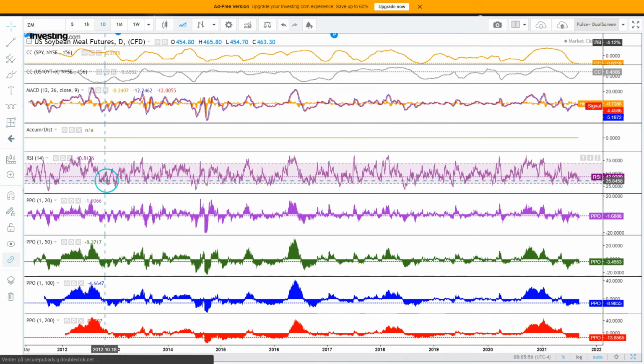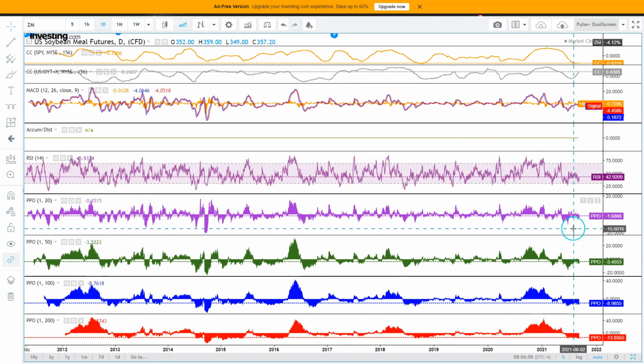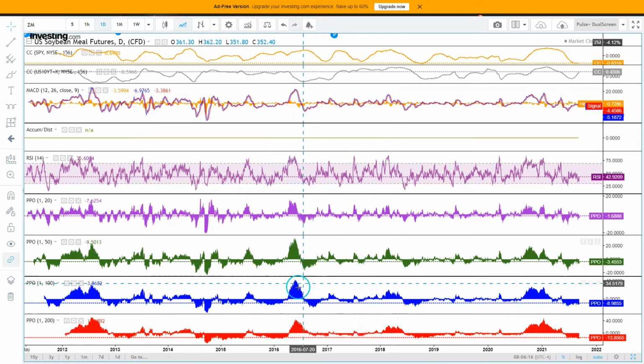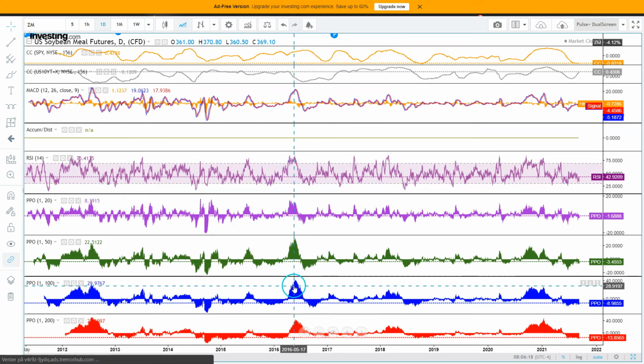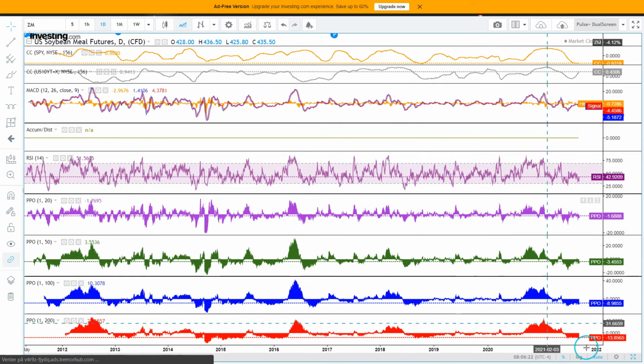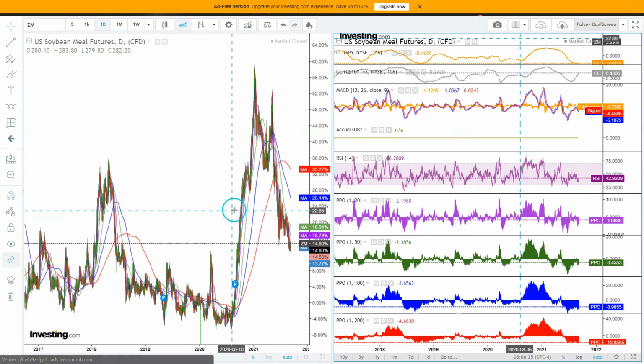So here we have these indicators going way back to 2011. And sure, we have been lower here in the past, but when we especially look at the distance from the 200-day and the 100-day moving average, we are at a pretty low level, which has a strong tendency, as you can see here, to result in us going above those moving averages. So not like a roaring bullish signal, but